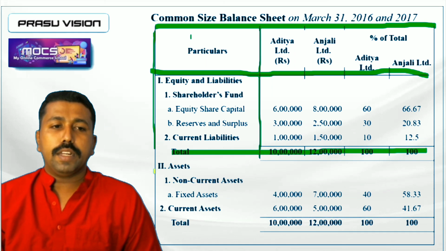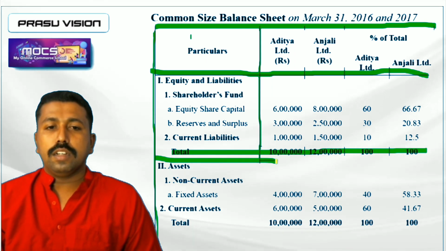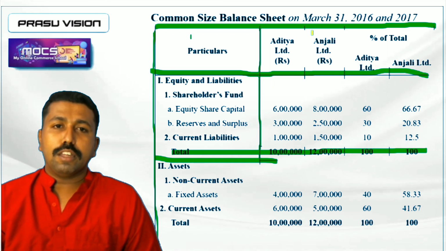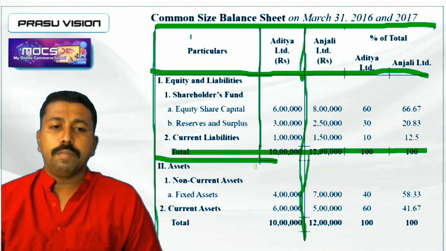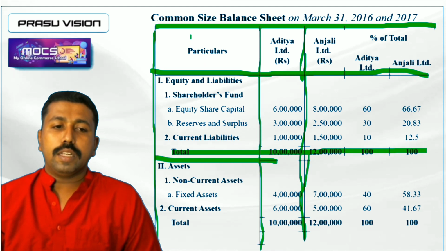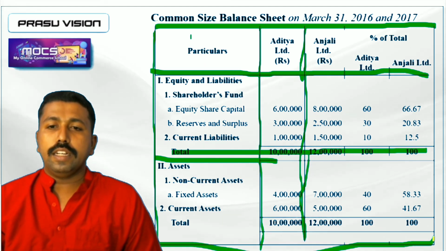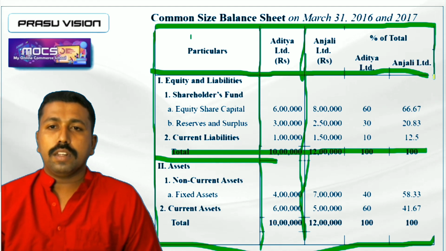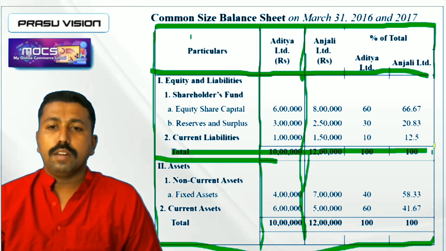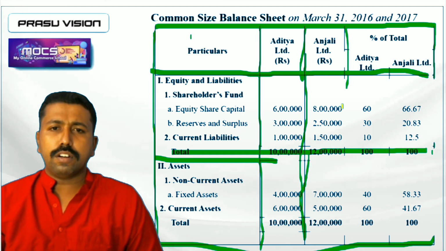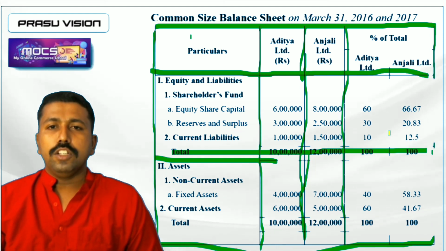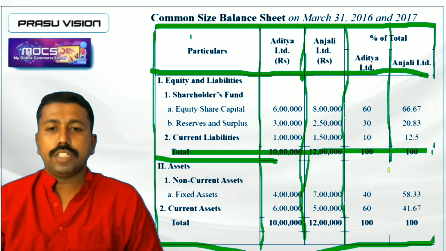We will draw the format of a balance sheet first, then we will record all the items as per the order of the format of the balance sheet. We will draw separate columns for each item, and record items in order under each heading and subheading. So remember how we have to prepare the common size balance sheet. Once we have drawn the area of the question, you can move to the calculation area.